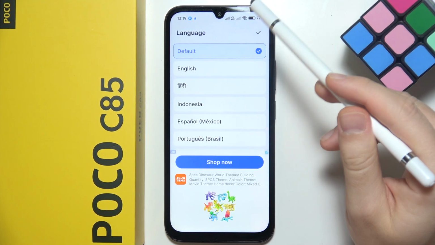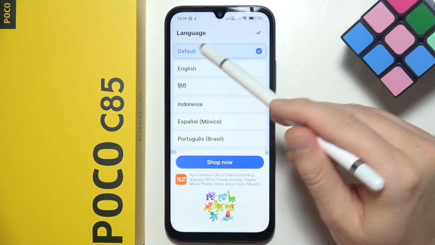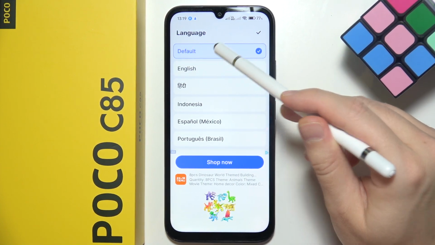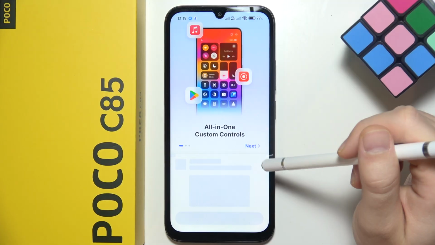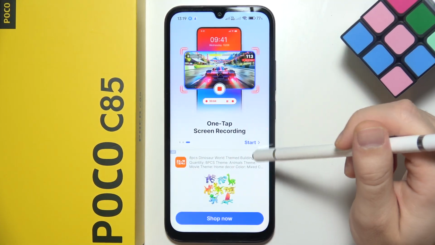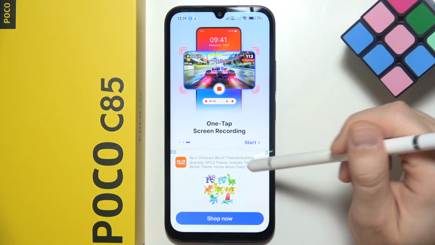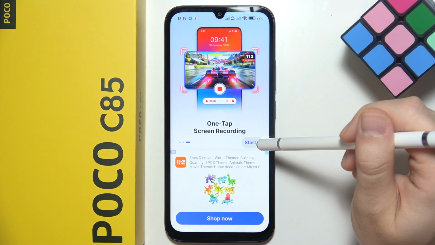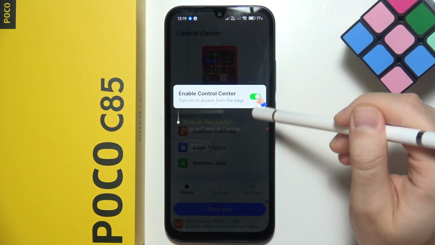Now we have to accept all of those permissions and you have to set the language of this one. So I'm gonna set the default one. Click on this marker in the right upper corner, scroll to the left side, just like this. And now, as you can see, we have to click Start in the right bottom corner, and we have to